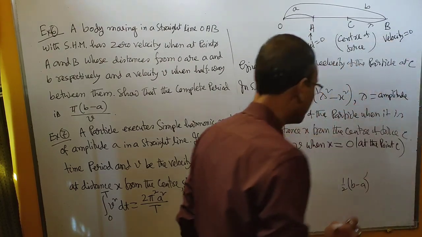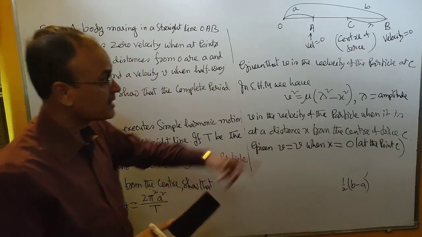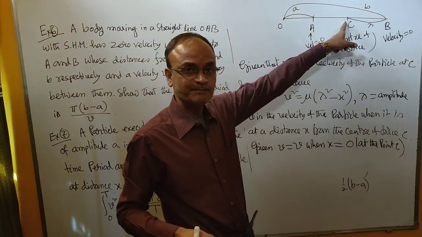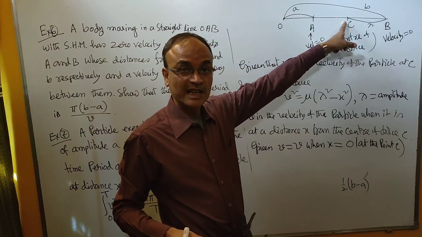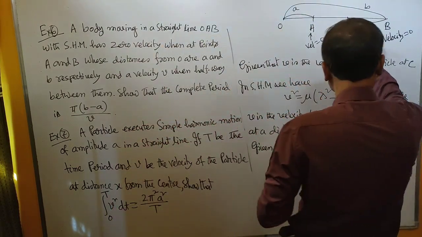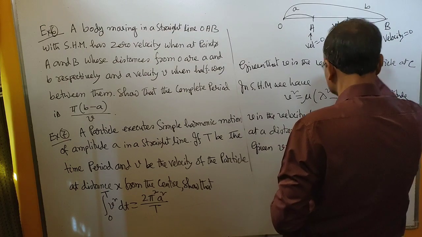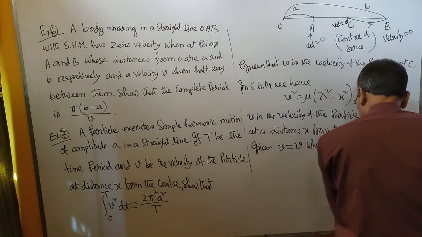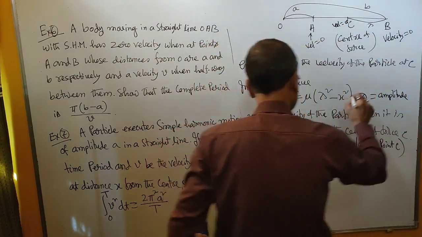Amplitude is half of B minus A. At the point C, velocity is V, and the distance of the particle from the center of force is 0. Here velocity is equal to V. Amplitude is half of B minus A. Therefore, from 1